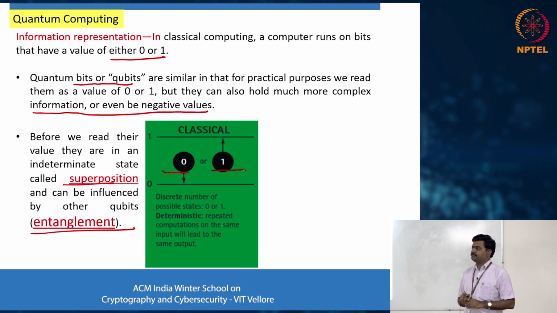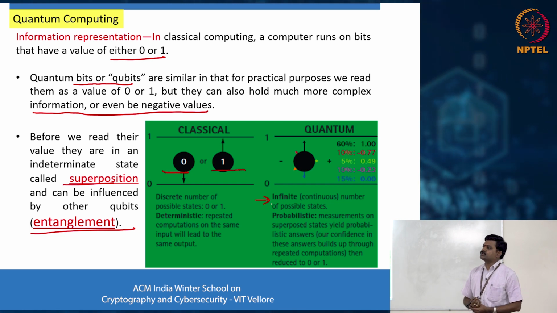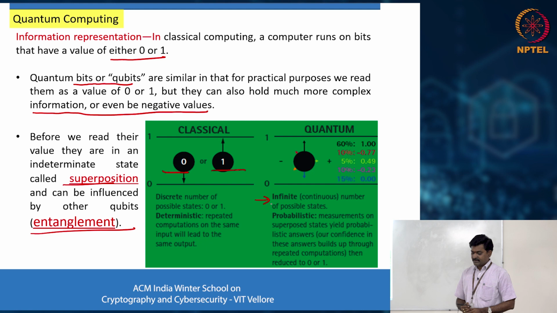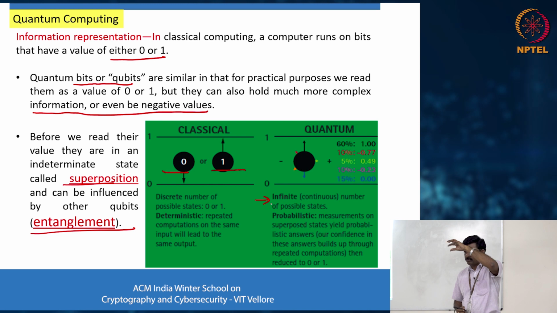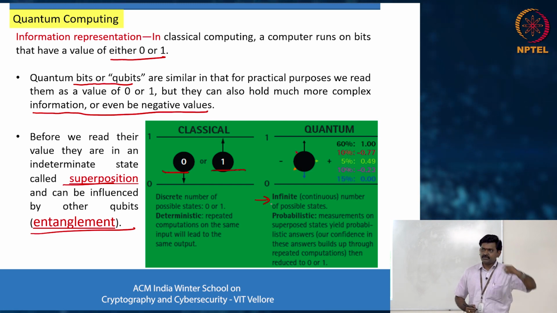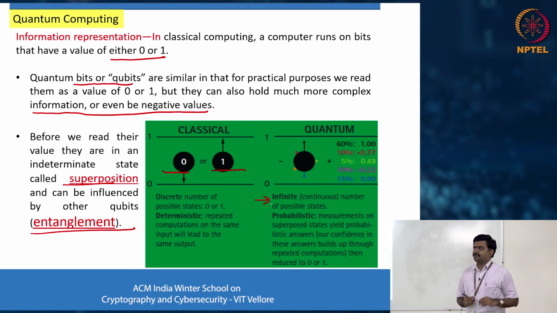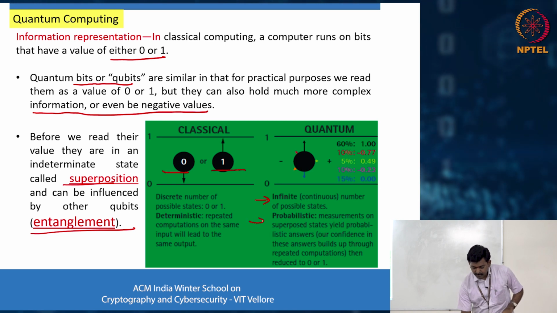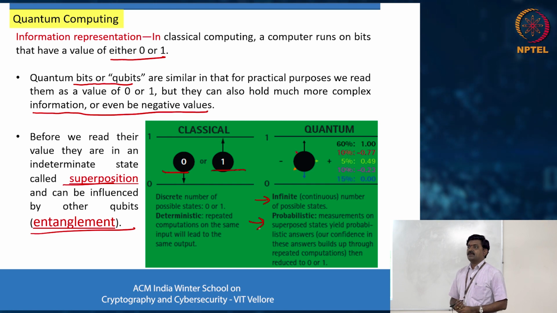In the case of quantum, it goes this way. Number one, it is not that you have only 2 states, you have infinite states. The reason is, when you spin the coin, you would have noticed that it is in various positions, infinite positions at different angles. When you spin it, it spins at different angles, right? So infinite positions, number one. Number two, output is probabilistic. So when you implement a quantum algorithm,